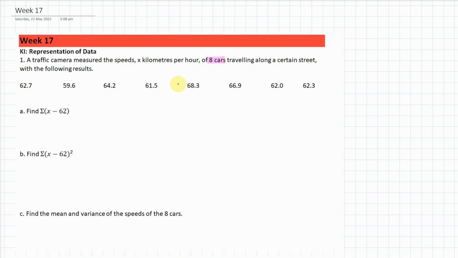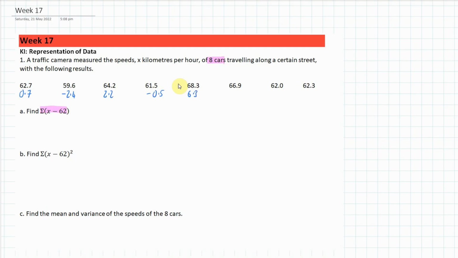So the first thing that we've got to do is find the sum of x minus 62. So what we're going to do is subtract 62 from each of these values. The first one, 62.7, becomes 0.7. The next one becomes negative 2.4. The next one is 2.2. The next one is negative 0.5. The next one is